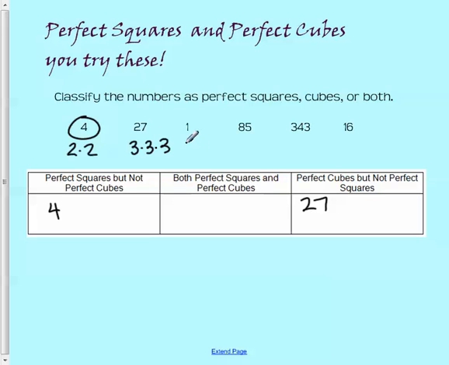If we look at 1, 1 times itself gives us 1, so that's a perfect square. But if we multiply it again, it's actually also a perfect cube, so it fits in both. So 1 would go here. What about 85? If we take 85 and we think about it, it's between 81 and 100, which are both perfect squares, so it's not a perfect square. But if we take